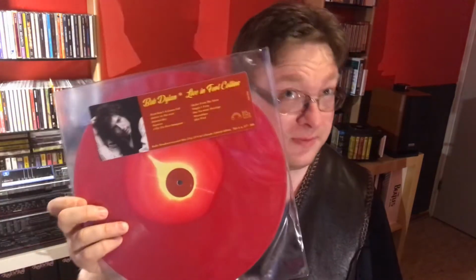The same goes with the next one, and this is Bob Dylan live in Fort Collins. Same company, a radio broadcast also, so that's good for the sound quality. Recorded in Colorado in 1976, we have a nice mix of the current songs of the mid-70s together with some old classics, and it's a good concert. The sound quality is all right. There are quite a lot of concert records with Bob Dylan out there, and many of them are official. This is not an official release, but it is a very pretty issue, and it has a decent sound, so